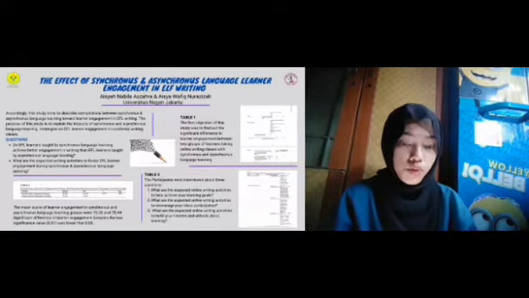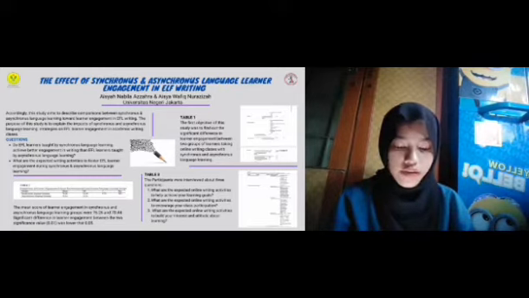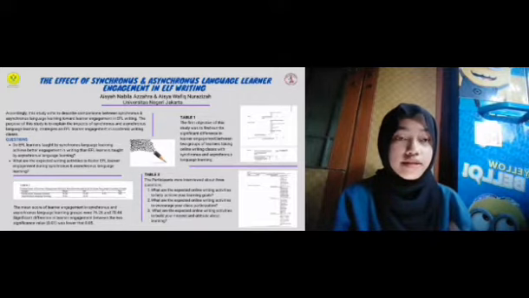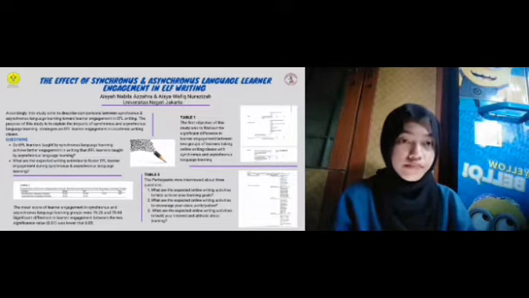Prior research has shown that both synchronous and asynchronous learning significantly affect learner engagement. However, there is insufficient comprehension of which mode is more effective and how learners view effective writing activities to foster their engagement in online writing.